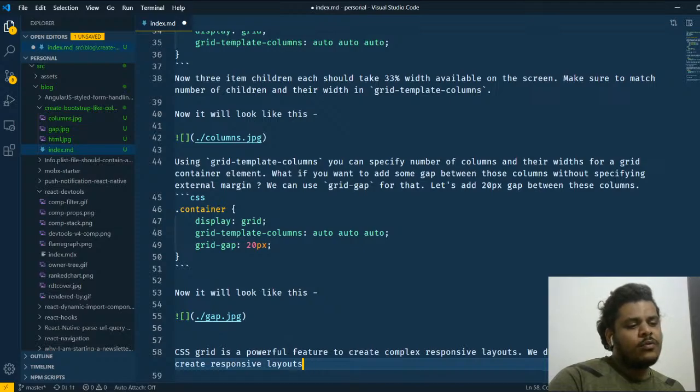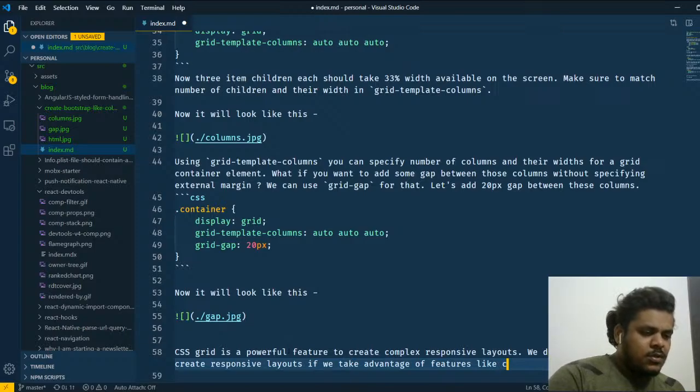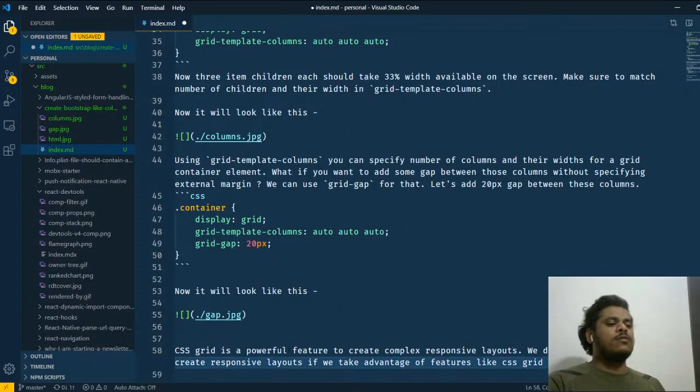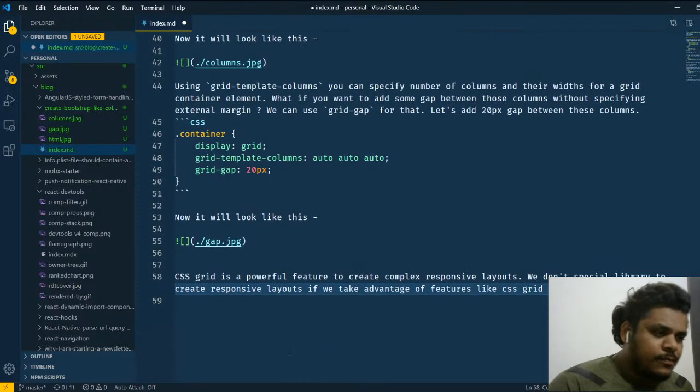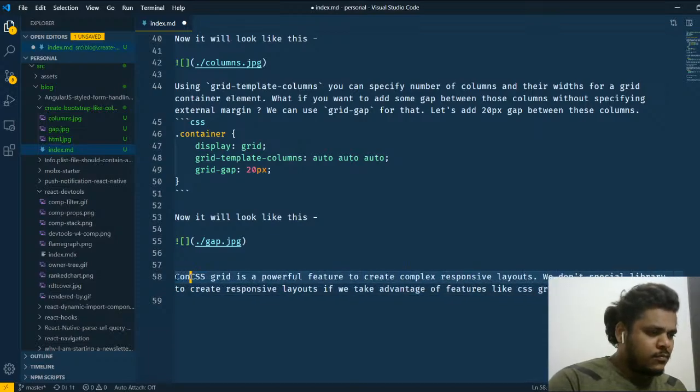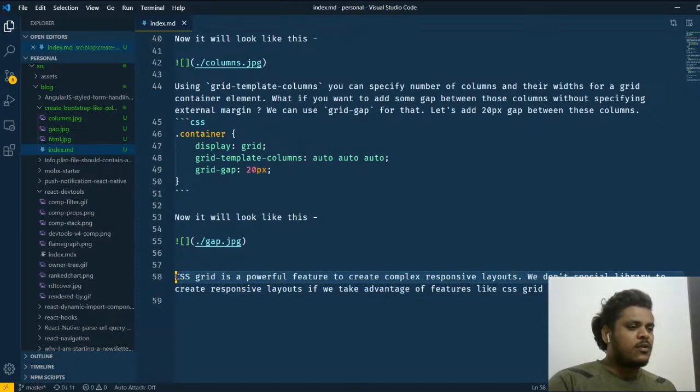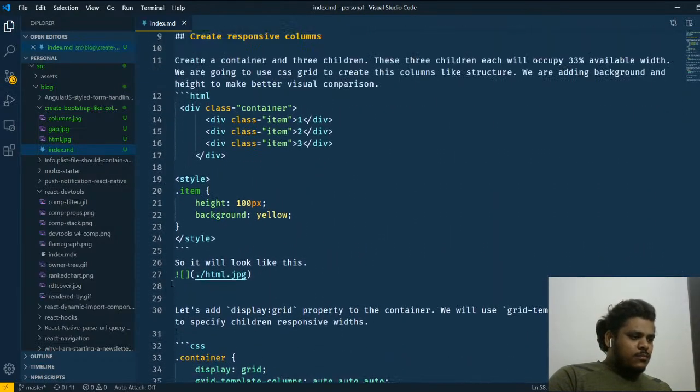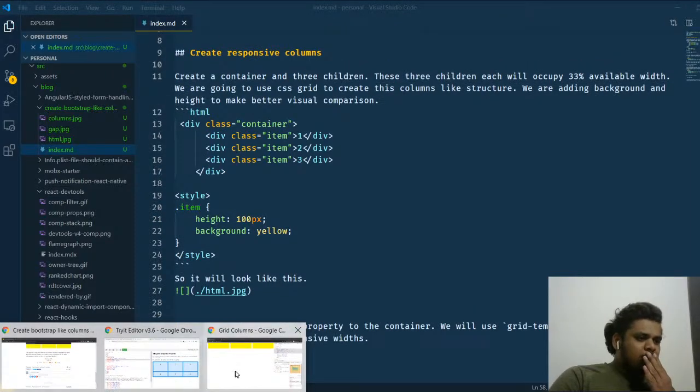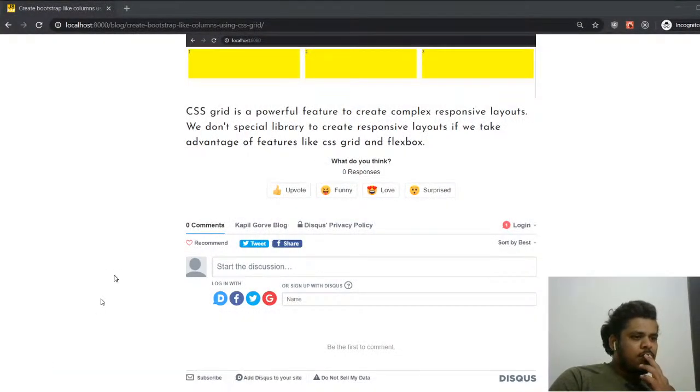If we take advantage of features like CSS grid and flexbox. Yeah. I don't think it's going to do that. And